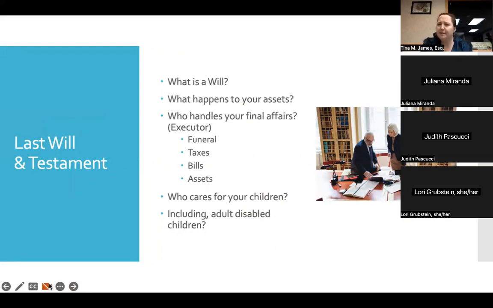There's a lot of myths going on about wills. People think you have a formal reading of a will when somebody dies. We don't do that anymore. That's mostly in the movies. But a will does very specific things, and it's important for us to understand the job that the will does,